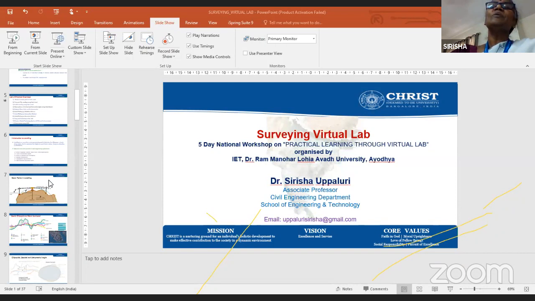Quick leveling we are going to do with less precise methods. Whatever methods they have adopted to fix that benchmark, we won't adopt the same methods because it is very costly to establish the primary control points. So we are working at third order control points. If you have a triangular irregular network, we have a first order triangulation point, second order, third order. If I am working at a site level, my level of accuracy can be at a third order level, not at a primary level. That much accuracy is enough for my construction project.